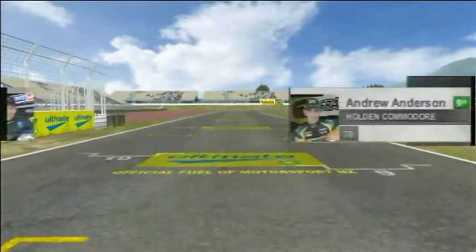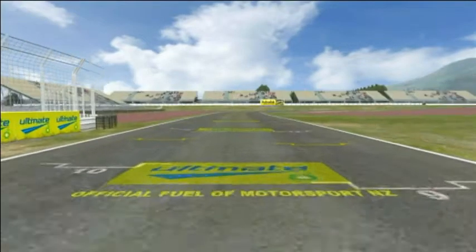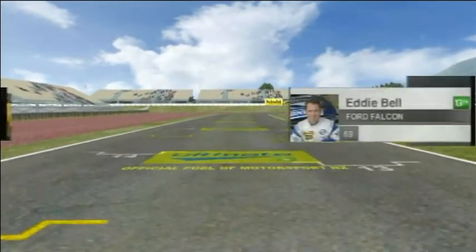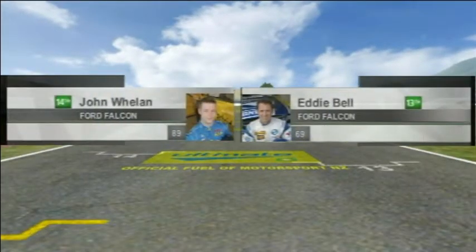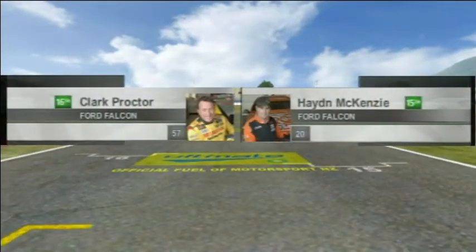These guys haven't had great weekends so far. Well, here's their chance. Simon Richards and Andrew Anderson, a guy that, well, he's back starting where he was in the last race, actually, in grid 9. Kevin Williams and Nick Ross on the next row. Eddie Bell, John Whelan. Eddie had a good result in the last race. And on the next row, Hayden McKenzie, Clark Proctor, who we think's got a bit of a problem out there